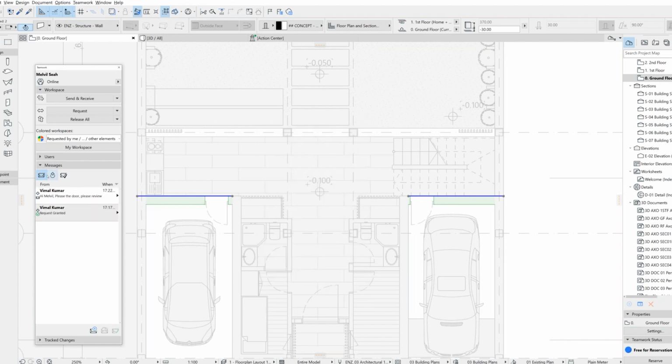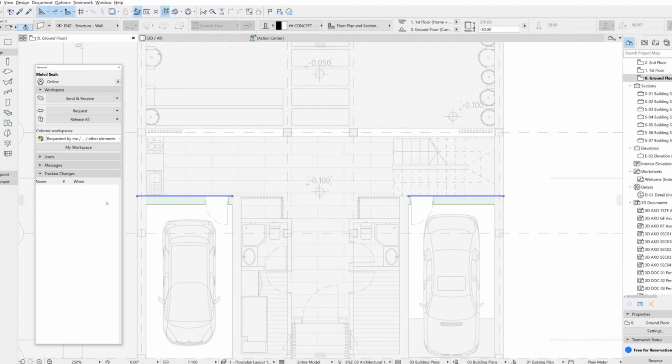If I move to complete, at the top here in the message function, you will see to do, my pending request, and completed. So I've shifted it to completed. And let's say I request an element and Vimao has not granted me the request, it will pop up here in my pending request. At the bottom of this message section, you also have 3 icons, which are to send new message, reply message, and move to complete. So I can click on this to reply to a message.